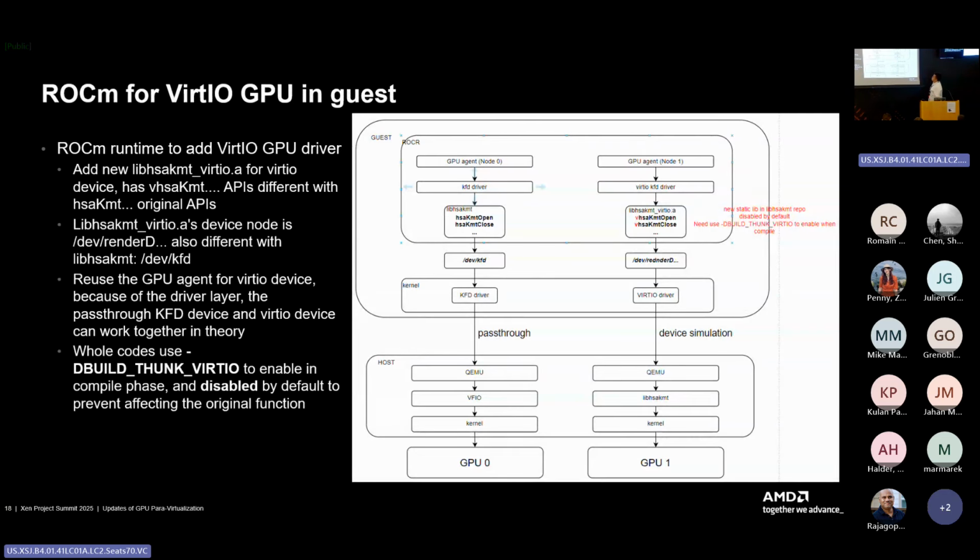Okay, the second big feature is that we introduced the VirtIO GPU backend into the ROCm runtime to support AMD ROCm for para-virtualization. The first is the original pass-through way: the KFD driver kernel is running in the guest, and it goes with the traditional sunk and ROCm runtime. The KFD driver in the GPU needs to support the next way, which is new for GPU para-virtualization. The KFD kernel is running on the host side, and we go with VirtIO GPU here.